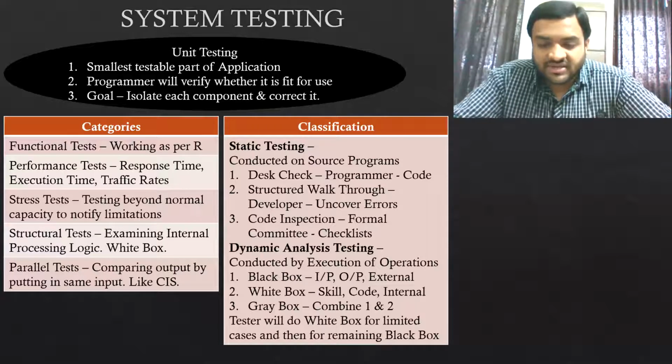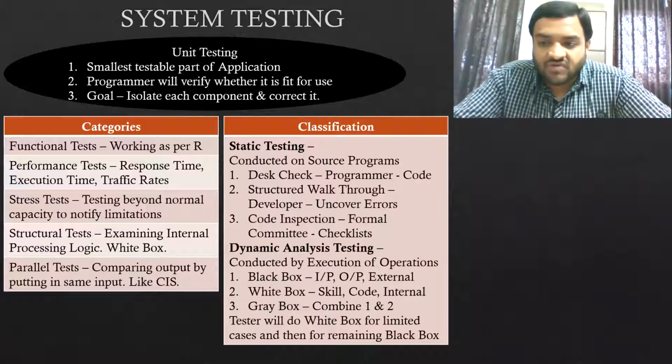What is a desk check? In this, the programmer himself will verify the code whether there are any errors or not. That is desk check. For example, you can remember there is a file on the desktop. You are going to verify whether the file is working on the desktop or not. Or you can say that a junior in a CA firm is verifying whether the work is done correctly or not. That is desk check. Okay, it is the first initial check.